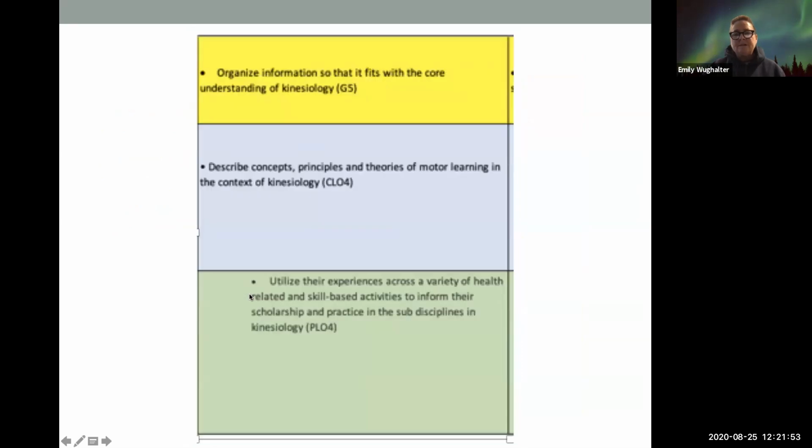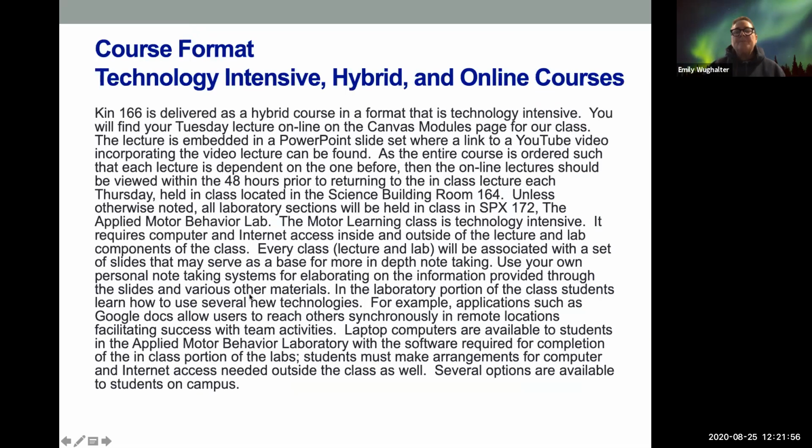So I want to get to the assignments actually that we're going to be doing for our class. So we have a hybrid class in the sense that one day a week is going to be asynchronous, that's your Tuesdays. One day is going to be synchronous, that's your Thursdays. Thursday lectures will be recorded as well. Note that you need to have the Tuesday lecture completed before you come to the Thursday Zoom.